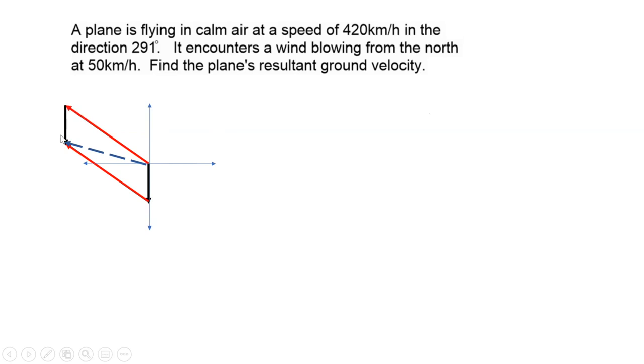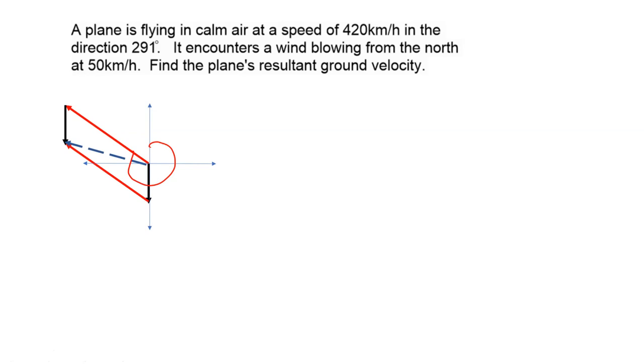So the wind blowing from the north is this black line right here. Here is this vector representing the 291. Here is this vector representing, not the 291, the 420 kilometers per hour. Here is this vector representing the wind blowing from the north at 50 kilometers per hour. Find the plane's resultant ground velocity. So if you think about it, this line down here, I'm filling out the parallelogram for this. So this original line